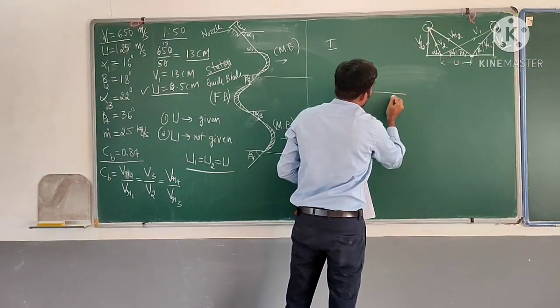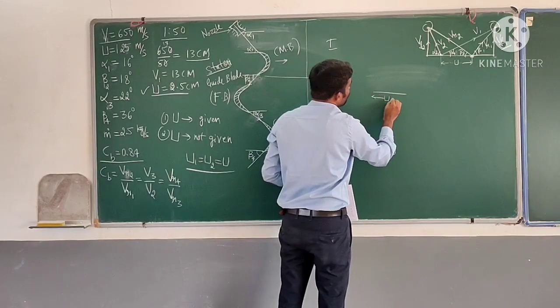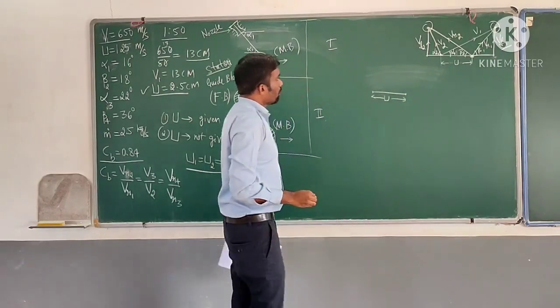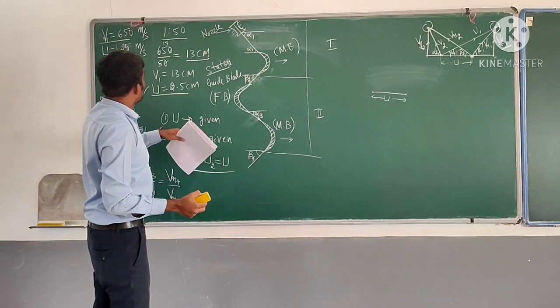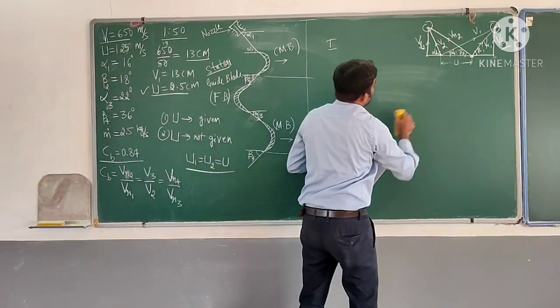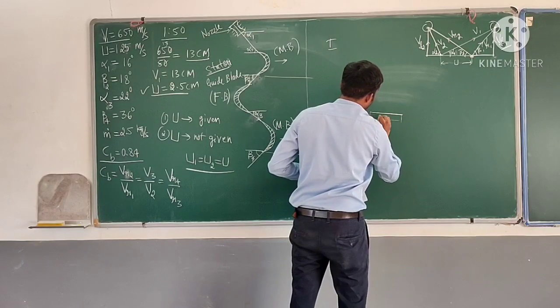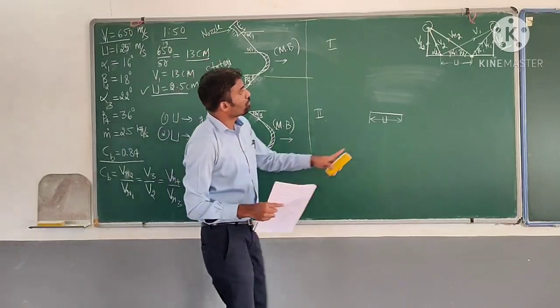We have to draw a horizontal line, which represents U is equal to 2.5 cm, which is given. Then we have to draw a line. I need slightly more line. So this is U, which is representing 2.5 cm. So from this point,